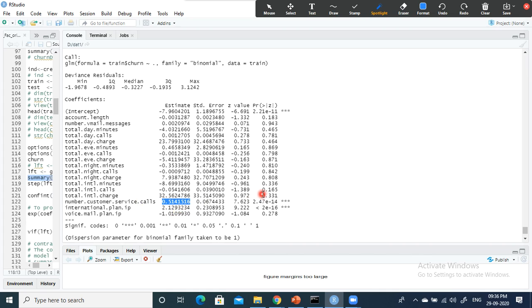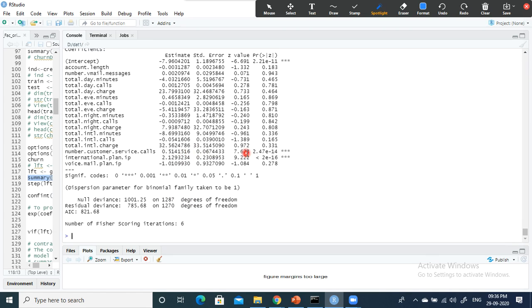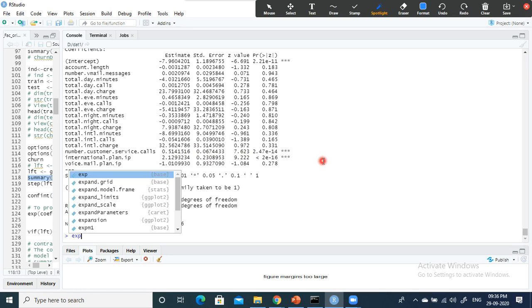Now the question is, how do I understand this in terms of probability? We are very comfortable with interpreting probability values. If the probability value is closer to 1, that means there is a higher chance the customer will leave. If the value is close to 0, there is a lesser chance the customer will leave my business. But here it is not in terms of probability, it is in terms of log odds. So how do I convert this to probability? We discussed this in the last session. You need to take the exponentiation of this one,